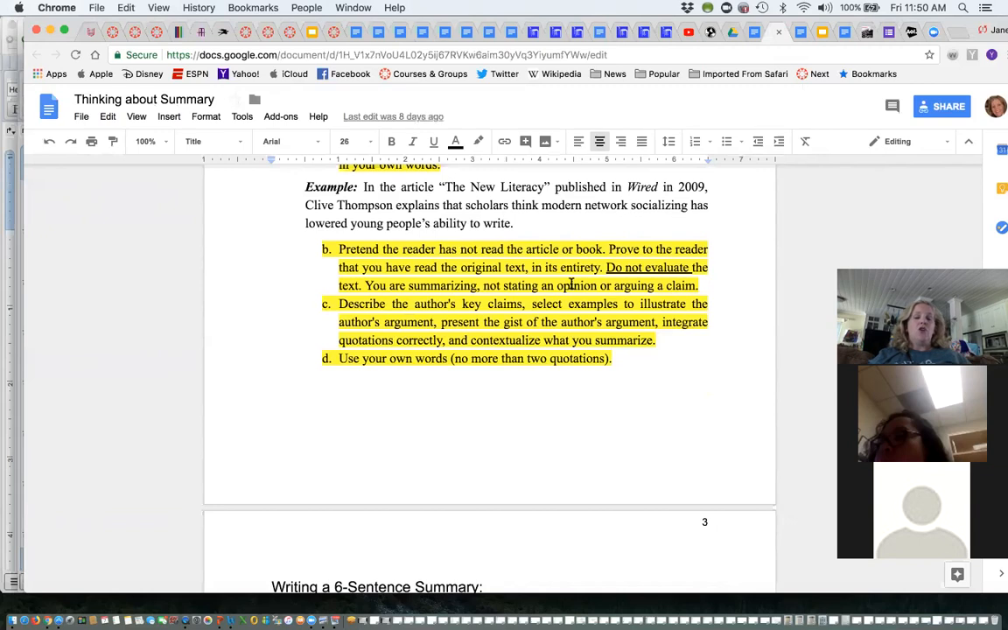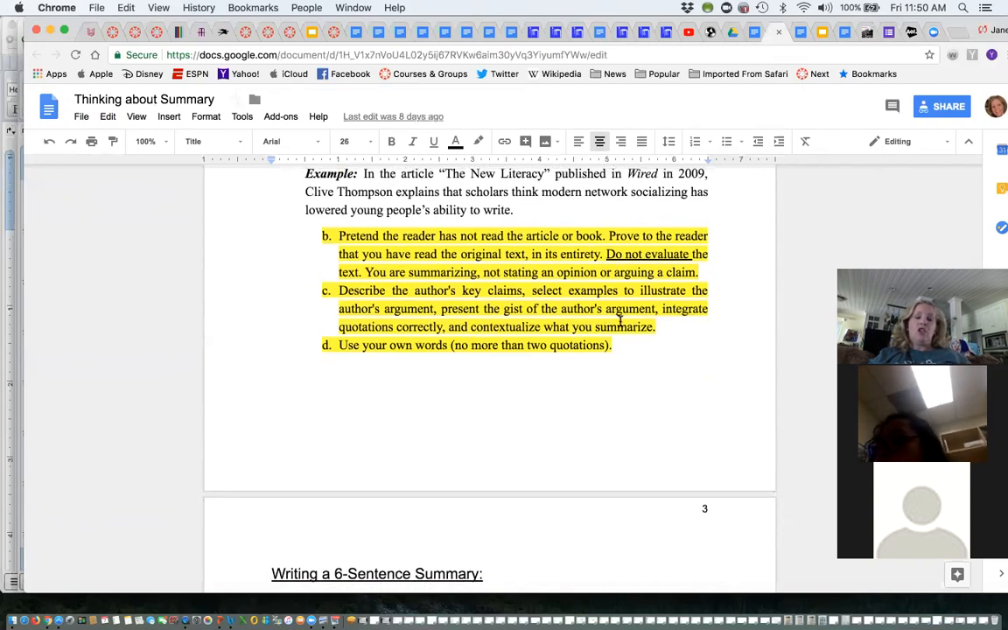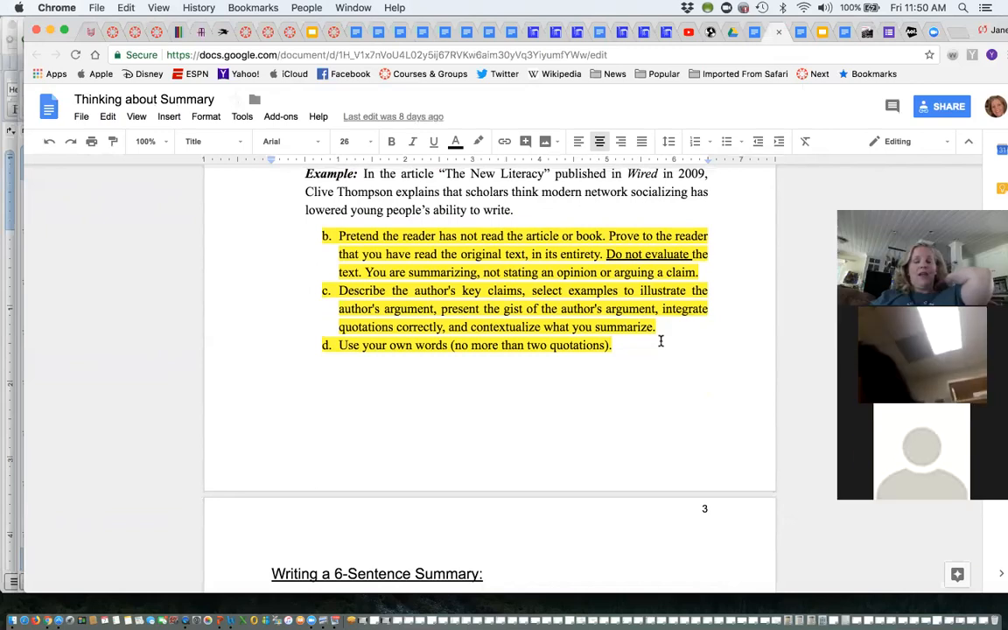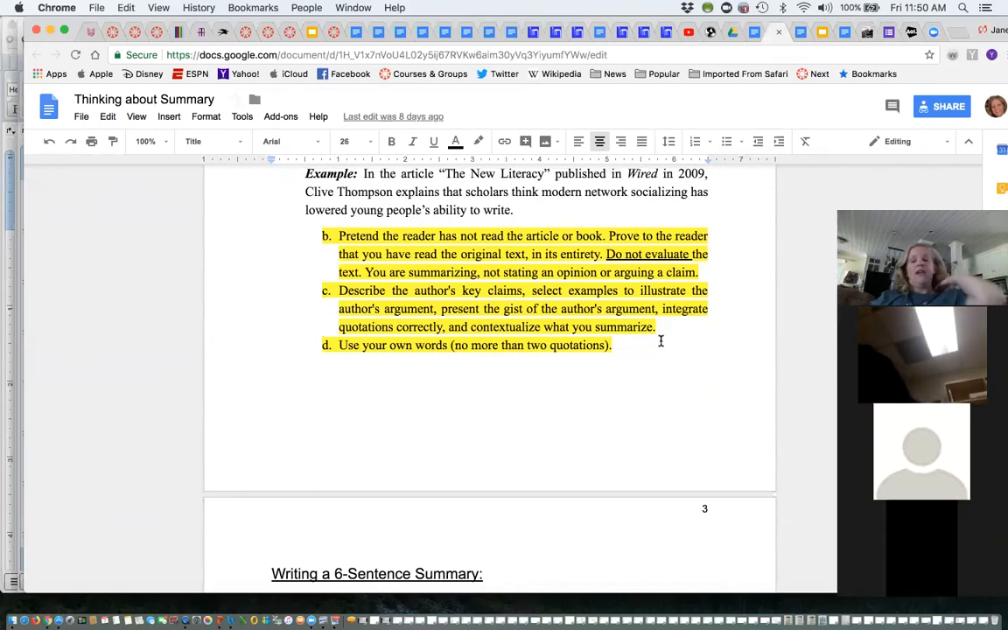So your goal here is to describe the author's key claims, select examples to illustrate the author's argument, present the gist of the author's argument, and integrate quotations correctly if you decide that you are going to